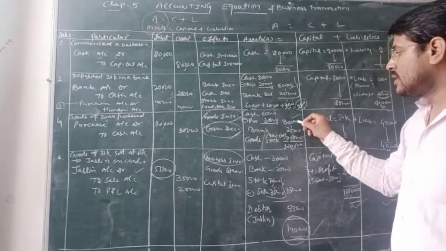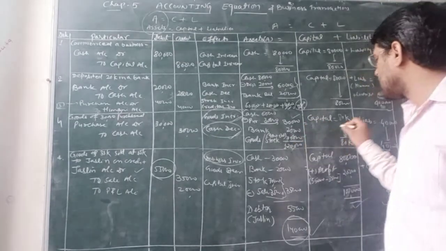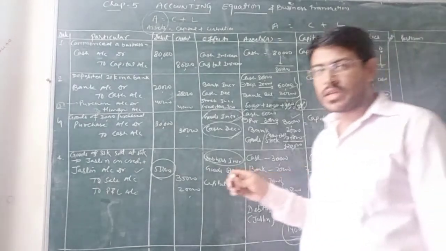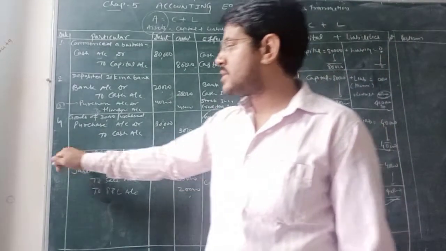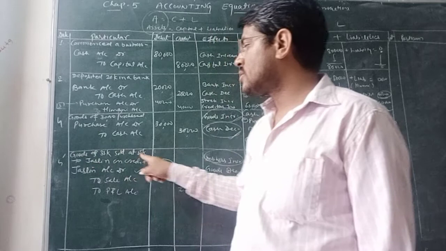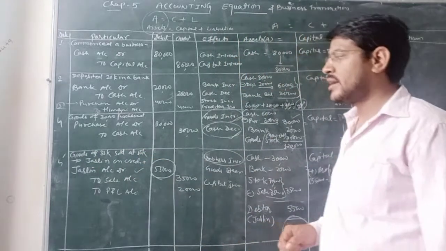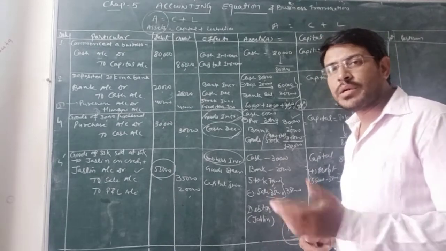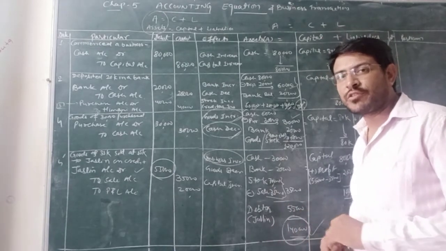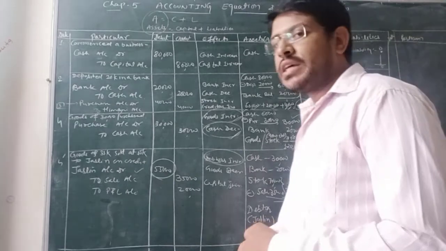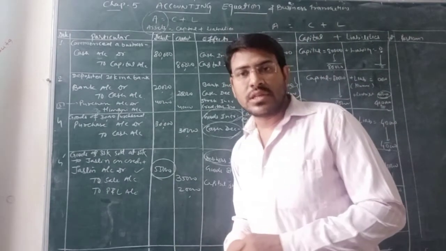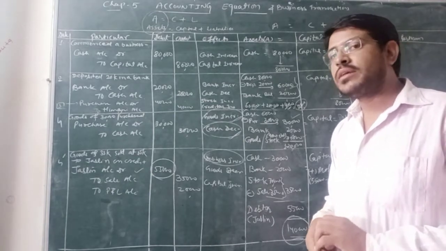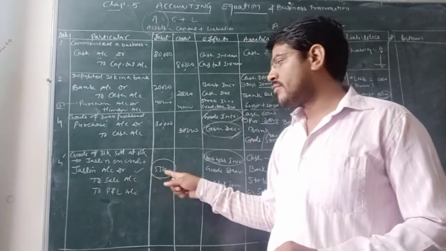You can see total of all these 120. On the other hand, 80 plus 40 is 120, also the same. Fourth transaction done, next one, fifth transaction: you can see goods of 35,000 sold at 55,000 to Jocelyn on credit. Again credit is given, but if name is given, that is satisfactory to find out the data. We are selling the goods to Jocelyn, so Jocelyn is our debtor, right? Jocelyn is the receiver, debit the receiver, so Jocelyn account debited 55,000.